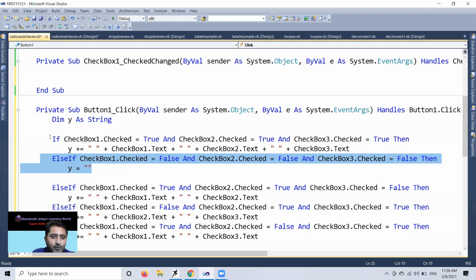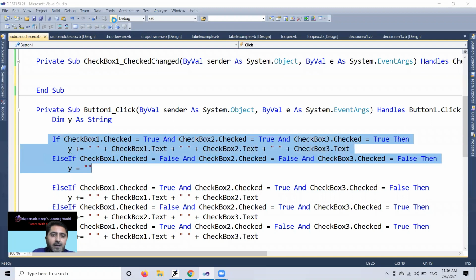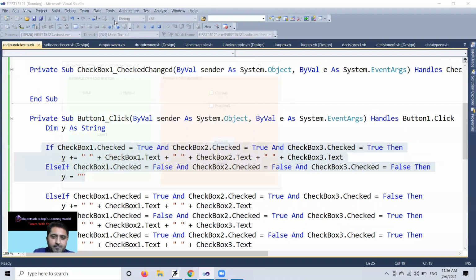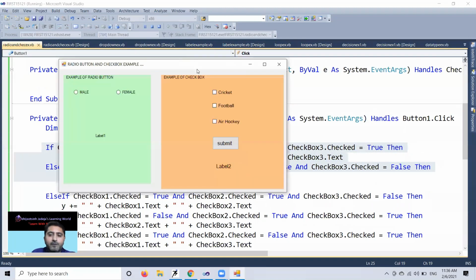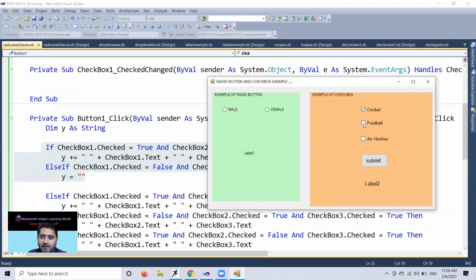So in these two codes, run. First, true probability only: click, click, click, submit, cricket football air hockey. If I turn off all, submit, nothing comes, because whenever you have three options, the probability starts like this.